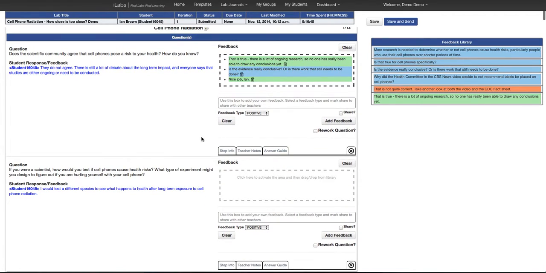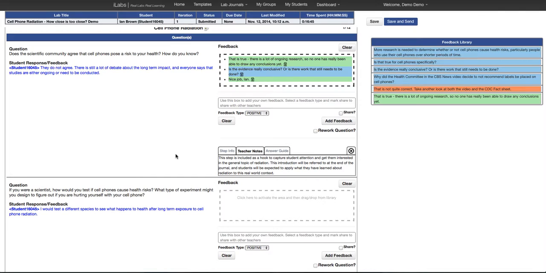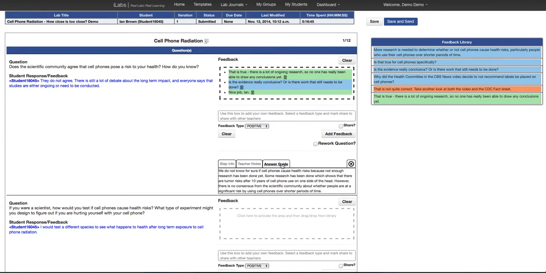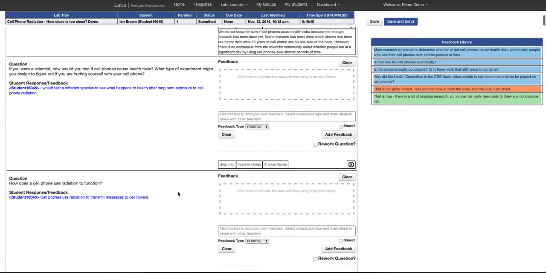There's additional information provided for each question. So once again, you can see the information provided in the step that the student was completing. You can see if any teacher notes were provided on this question or on this step. You can also see if there's an answer guide provided for the question. So for this, an answer was provided. Moving down,